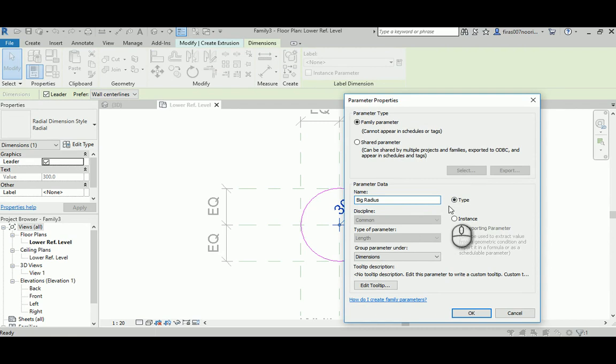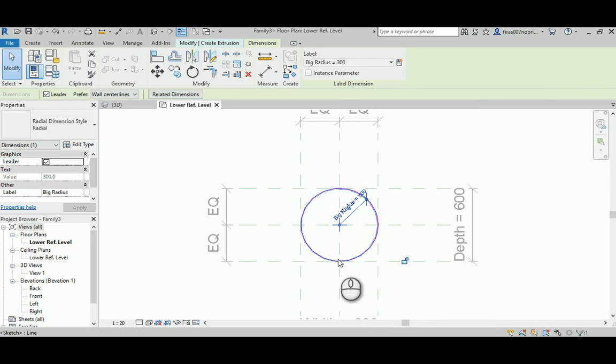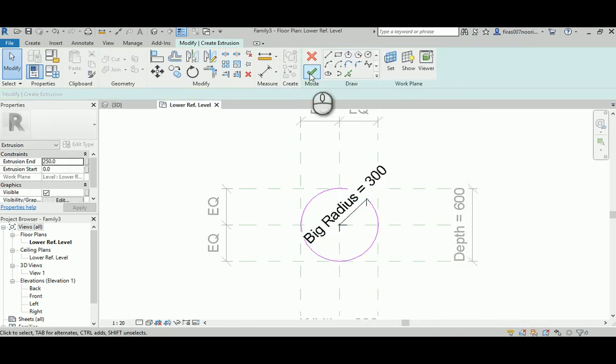So again, the type parameter will make all the columns in the file, when you send it to the project environment, all the copies actually change when you change one of them, and that's what I want in my case. So I'm gonna go type, and then OK, and then before I finish this modeling